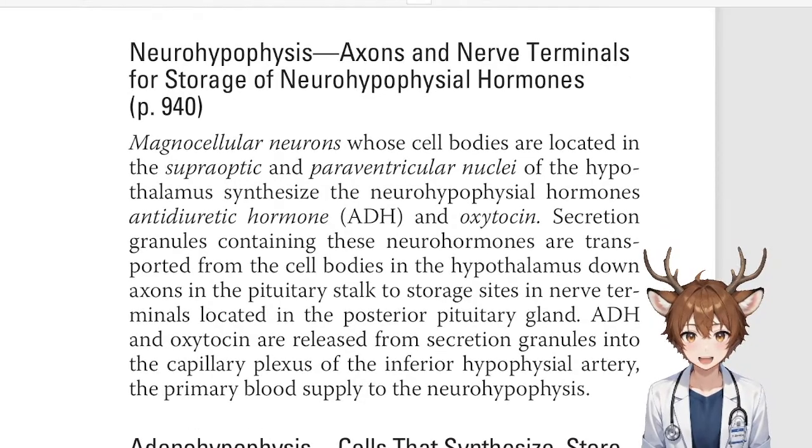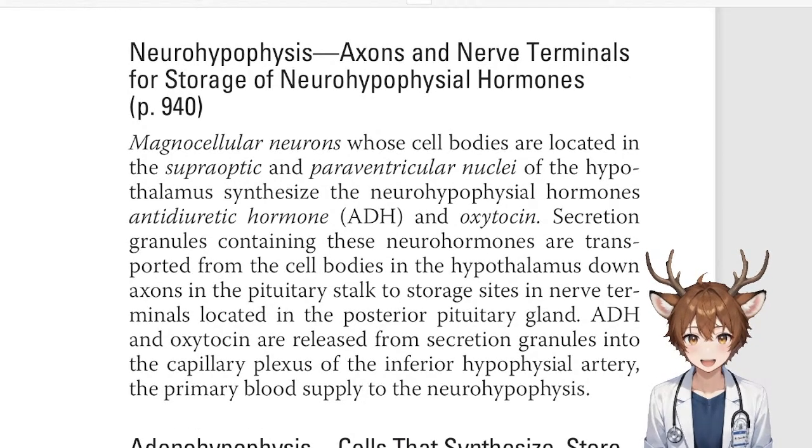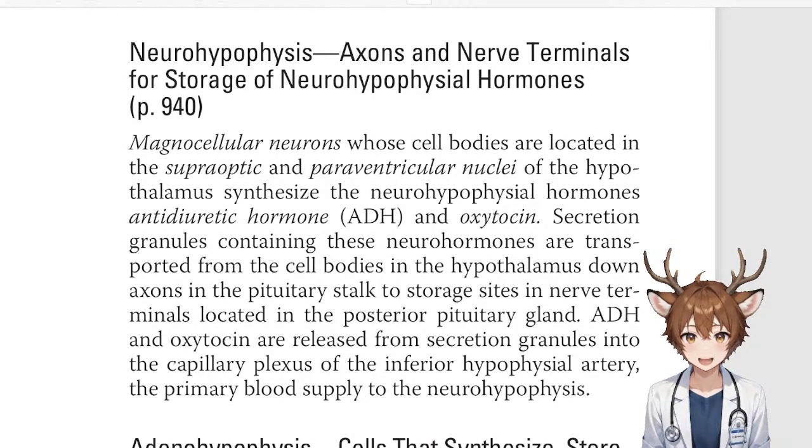Neurohypophysis: axons and nerve terminals, for storage of neurohypophyseal hormones. Magnocellular,